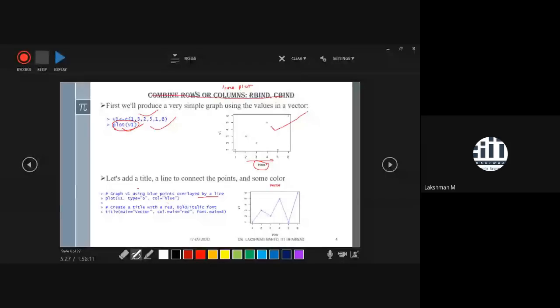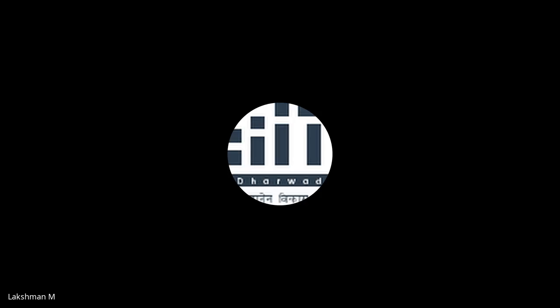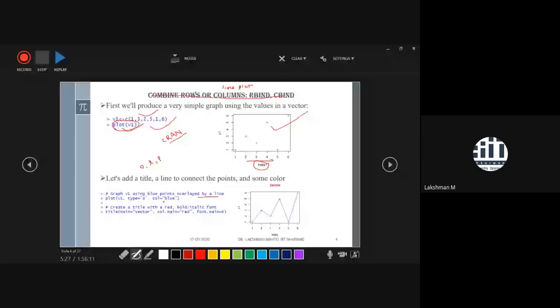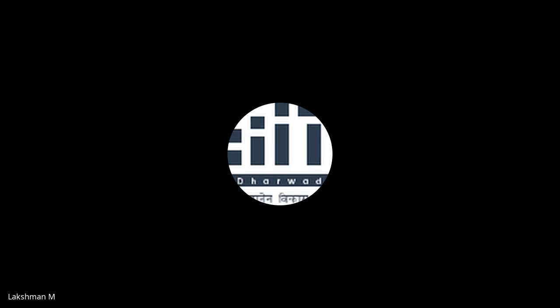There are several types: type o, l, p, many types. If you visit the dedicated R website, CRAN, you will see a variety of plots. So keep on changing things, and you will get different representations of the same plot. So it is one kind of representation using type o. And if you want to change the color, then the parameter will be col, and whatever, blue, red, or whatever you want, put in inverted commas.